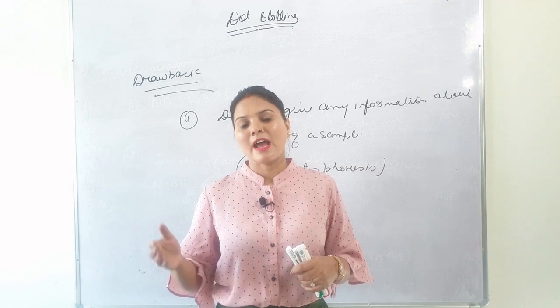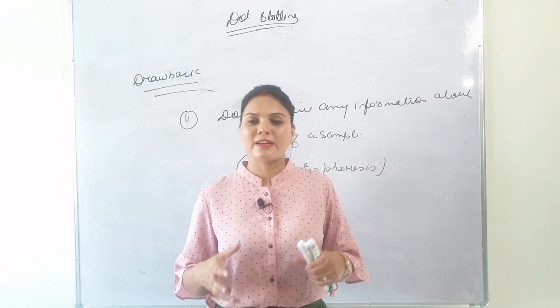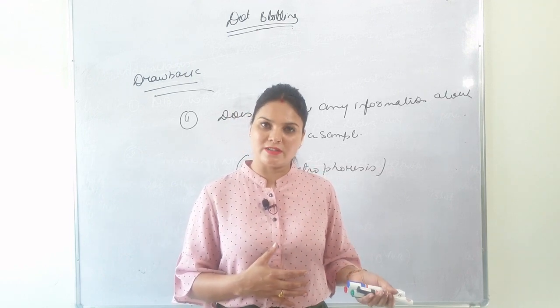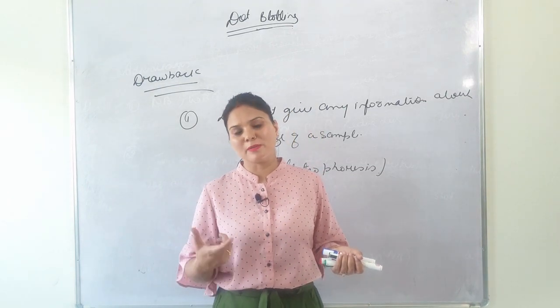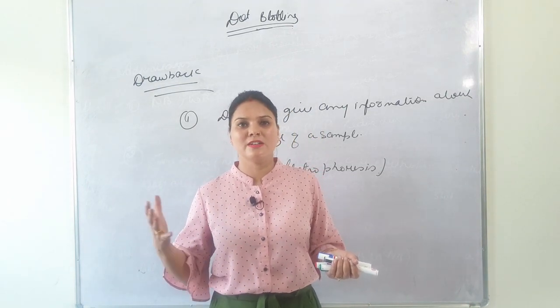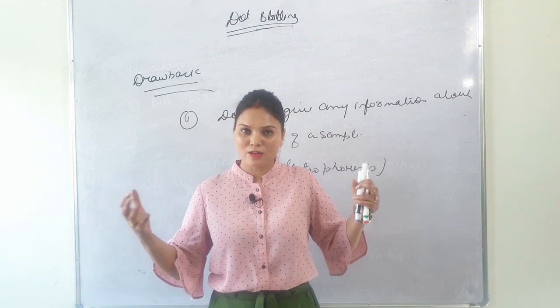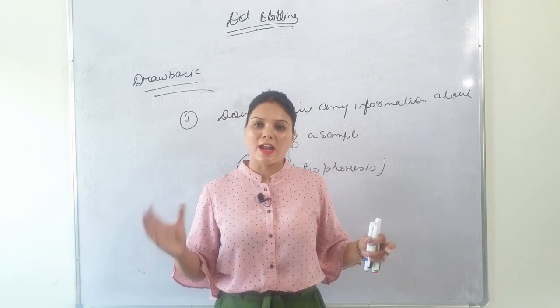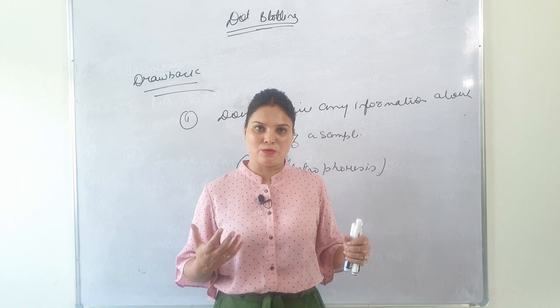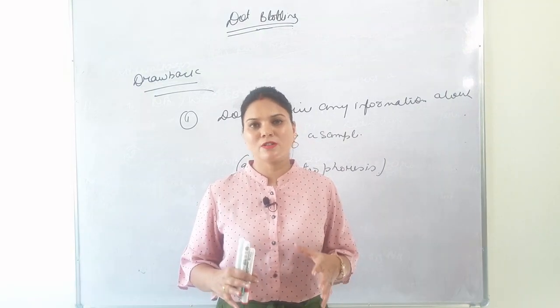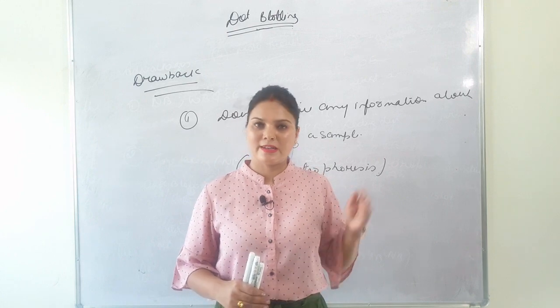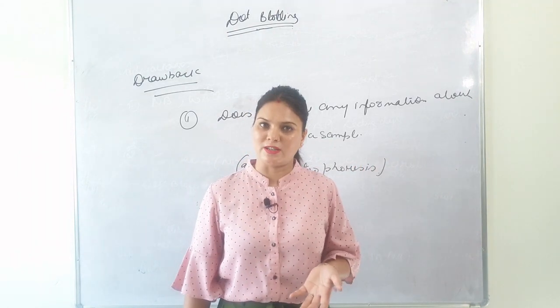So, dot blot is not as informative as the rest of the 3 blotting techniques, but still it is quick, faster, inexpensive, and it is also useful in detecting the protein of interest and also the sequence or fragment of DNA which was transferred in a transgenic organism, and it also assesses a large number of samples in one go. Hence, if only the detection of a protein of interest or a nucleic acid is the goal, then dot blotting is a go-to technique.